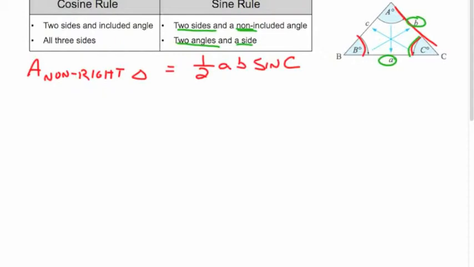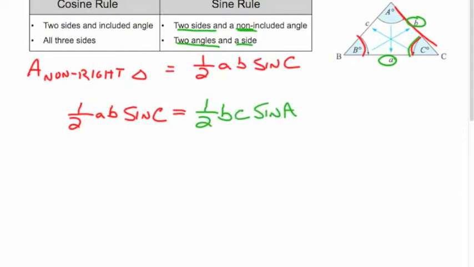Well, looking at this area formula, it doesn't mean that we can only do it with sine C. We could also do it with sine B, and we could also do it with sine A. It just depends on what information we're given. So we could look at technically three different ways to write this. We could have 1/2 ab sine C, as we just saw, or we could have, let me do this in some different colors here, 1/2 bc sine A,